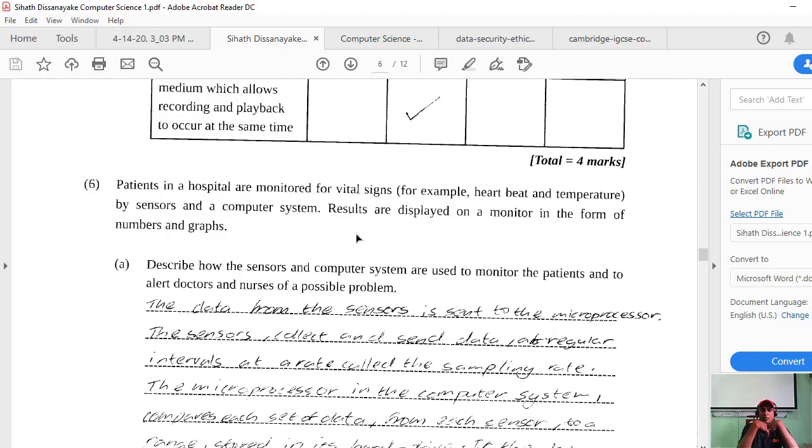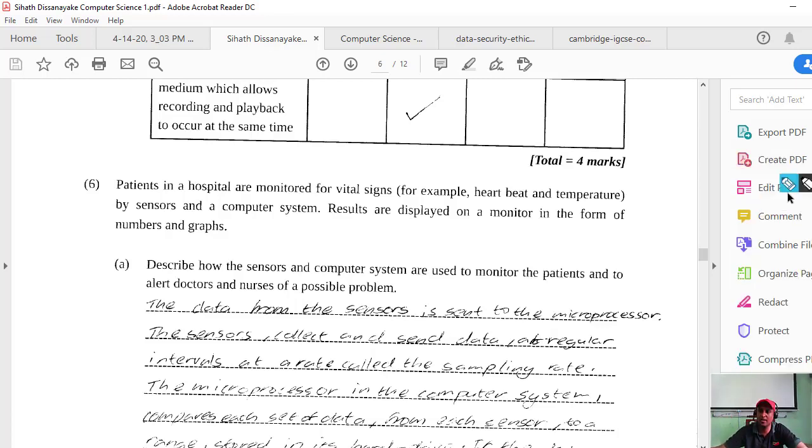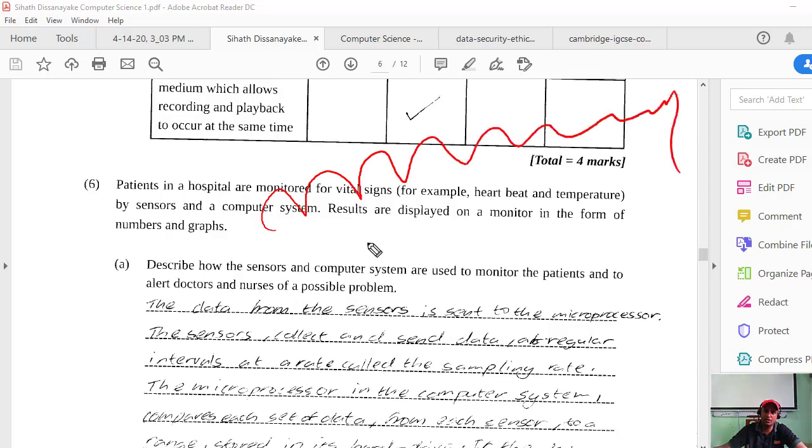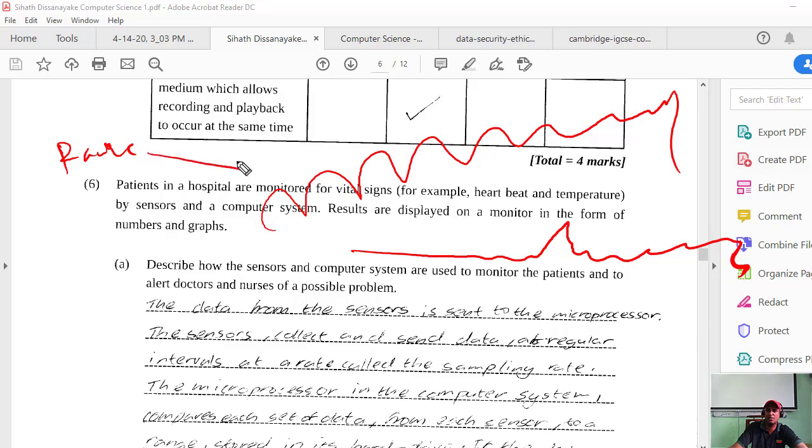Results are displayed on a monitor in the form of numbers and patterns. When you do MR scanning, it looks like this, and sometimes like this, so there is some meaning in it. Sometimes it shows the range, or what the fluctuation is, from where it stops and from where it goes high, something like that.